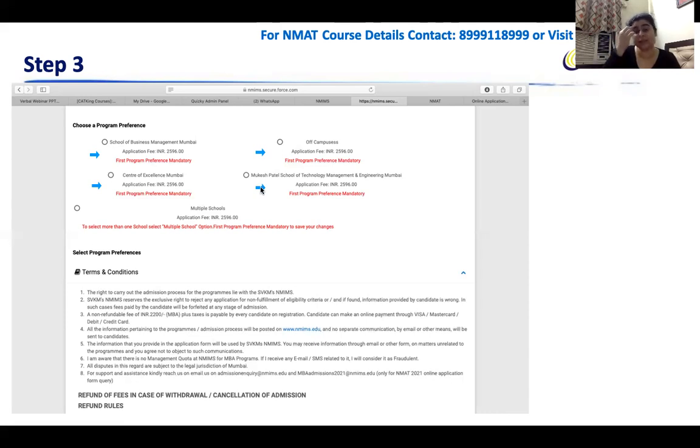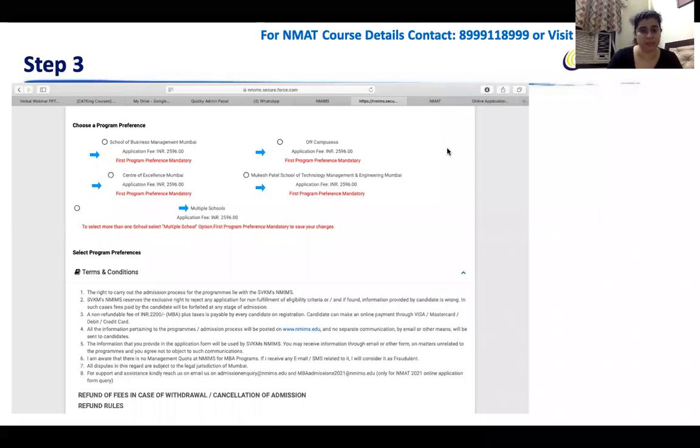The good thing is we have to fill the form only once for all the campuses and all the programs. So in case you want to apply to not just Mumbai, but multiple colleges and multiple programs, there is this option of multiple schools. Select that. The good thing is the cost remains the same. The cost is not increasing. So it's good to keep your backup options open. Even if you are hell bent that you only want to go to Mumbai, we can keep our backup options open, right? So pick the choice of multiple schools available here. After that you're done.